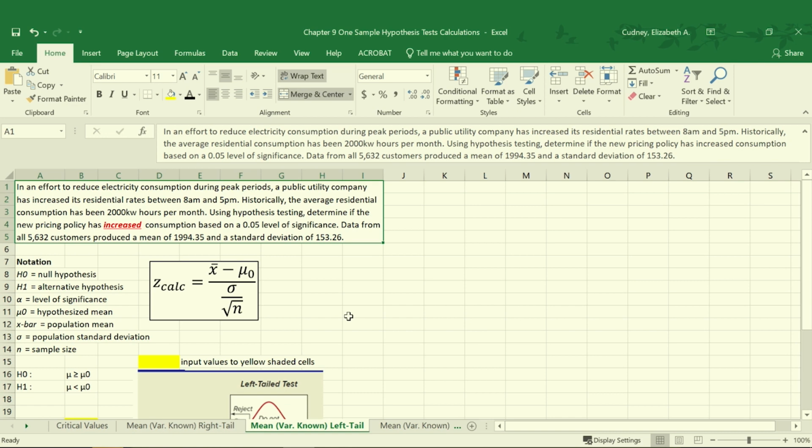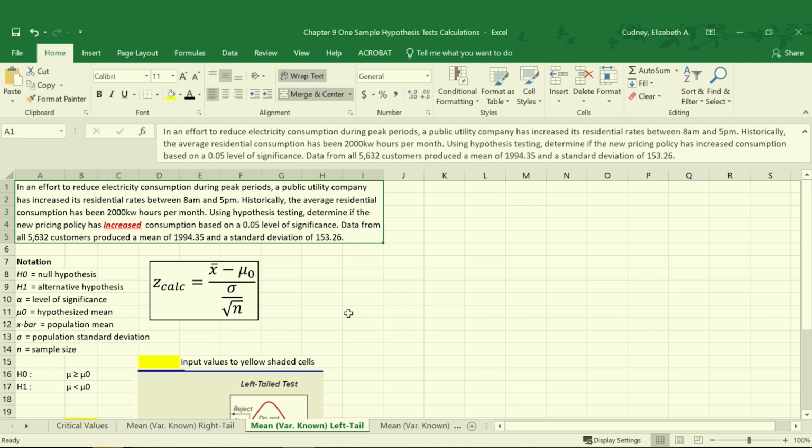increased its residential rates between 8 a.m. and 5 p.m. Historically, the average residential consumption has been 2,000 kilowatt hours per month. We're going to use hypothesis testing to determine if the new pricing policy has increased consumption based on a 0.05 level of significance. We have data from all 5,632 customers, and that equated to a mean of